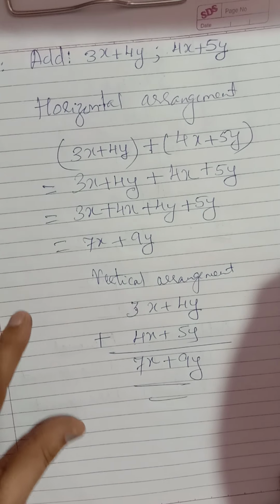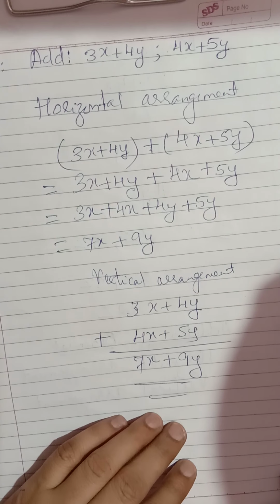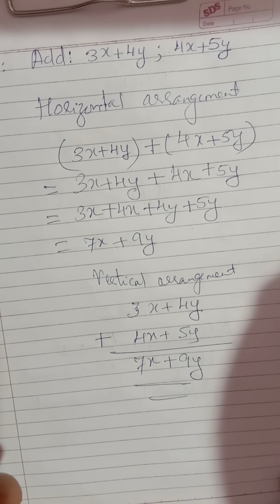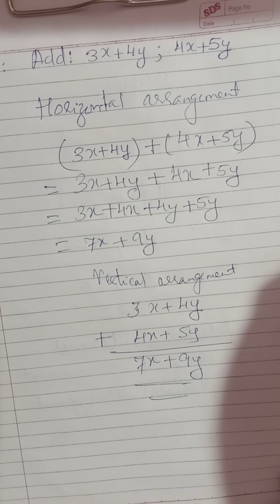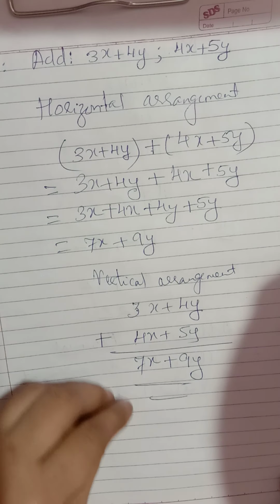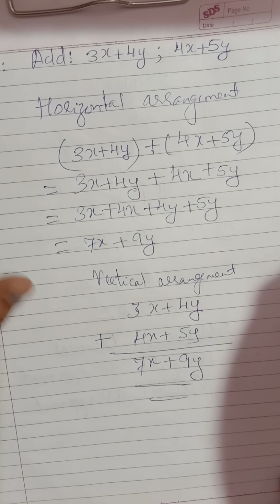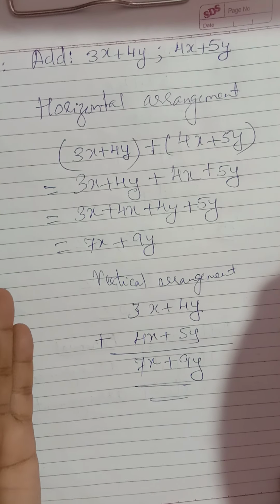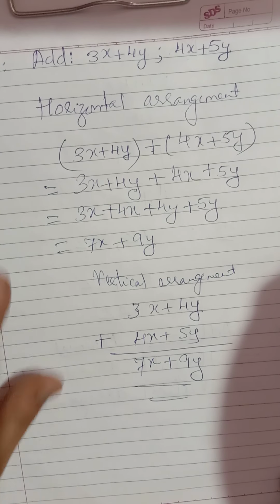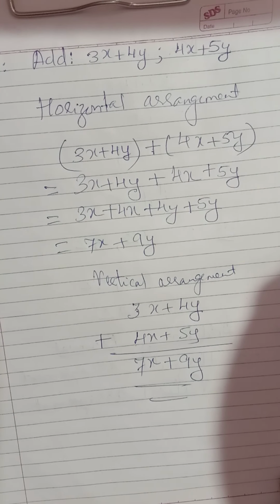So I hope children you have understood how to add binomials by the horizontal method and vertical method. Now you are going to do only one method. You are free to choose in the exam also, or anywhere, whenever you want to do addition of binomials. It is up to you. Either use the horizontal method or the vertical method. In the exam it will not be mentioned to use only this method or only that method. You are free, whichever method you are comfortable with, whichever method you feel gives you the correct answer. Any one method. You are not going to solve by both for every question.